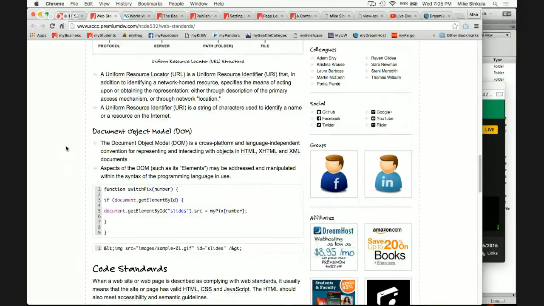So basically what the document object model is, and you will hear that a lot when referencing JavaScript, right? JavaScript developers are continuously talking about the DOM, okay? Meaning, the document object model, or DOM, is a cross-platform, language-independent convention for representing and interacting with objects in HTML, XHTML, et cetera, et cetera. So,